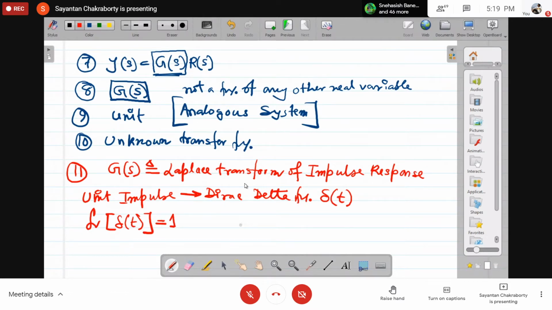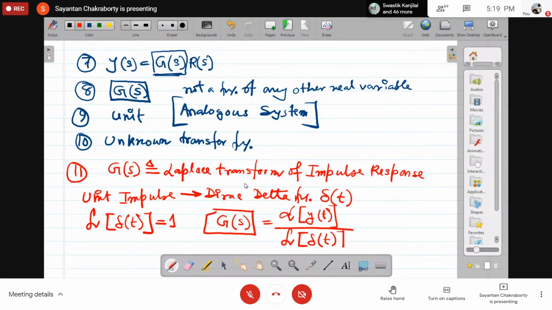Okay, so what will be the impulse response of the system then? We define G(s) as the transfer function of the system. If it is excited by that Dirac delta function, G(s) is defined as Laplace of y(t) divided by Laplace of delta(t). Since this Laplace of delta(t) is nothing but 1, what you get is Laplace of g(t). Or in other sense,